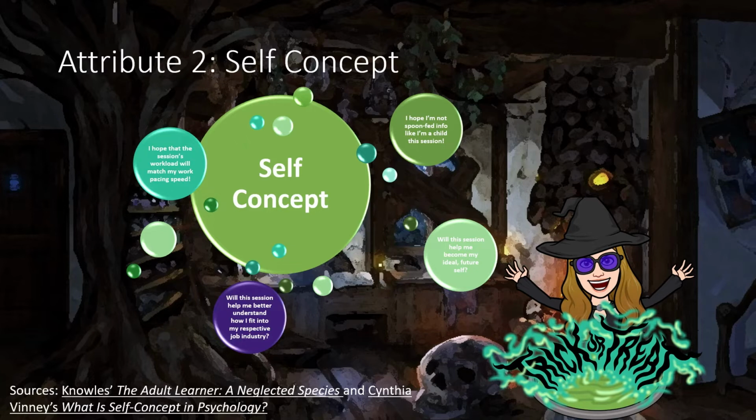Are you going to wear the scandalous costume that may be more fun for you to wear, but also might be more judged by other people? Or are you going to wear the safer costume that's less fun for you to wear, but it will be judged by less people? Additionally, I chose the map that I did because self-concept often bubbles up for me when I'm about to join a learning session or a learning activity.